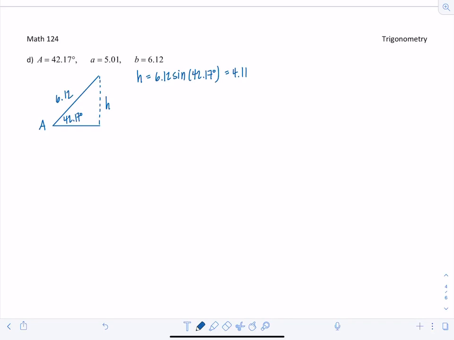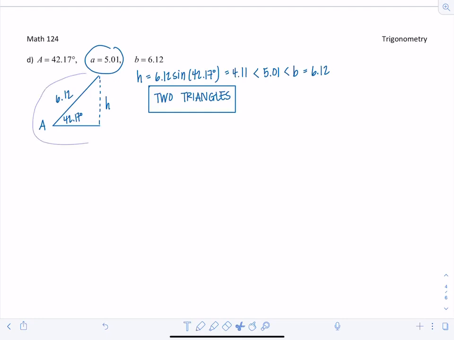Now 4.11 is less than side A, 5.01. So that means side A is long enough to make a triangle, and also side A is less than the other side B that was given to us, 6.12. So when that happens, we have two possible triangles. So we're gonna solve both scenarios, okay? Because we don't know basically which situation we're in right now. So let's copy this diagram